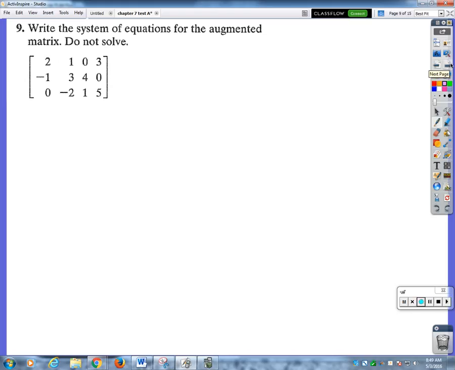Okay, number 9, write the system of equations for the augmented matrix. Do not solve. So now we're going backwards. So what? 2x plus y equals 3. Negative x plus 3y plus 4z equals 0. And then,